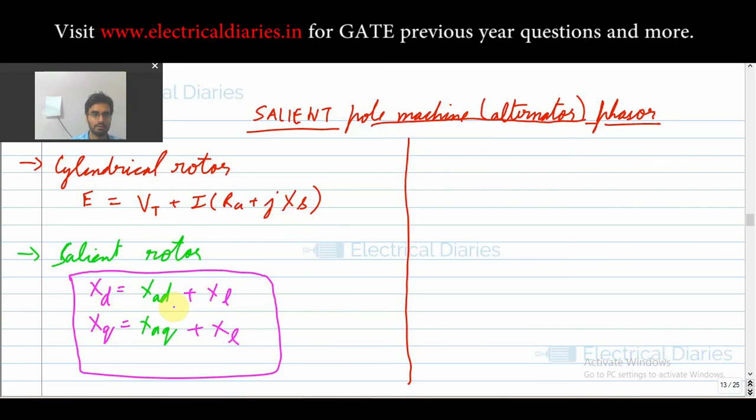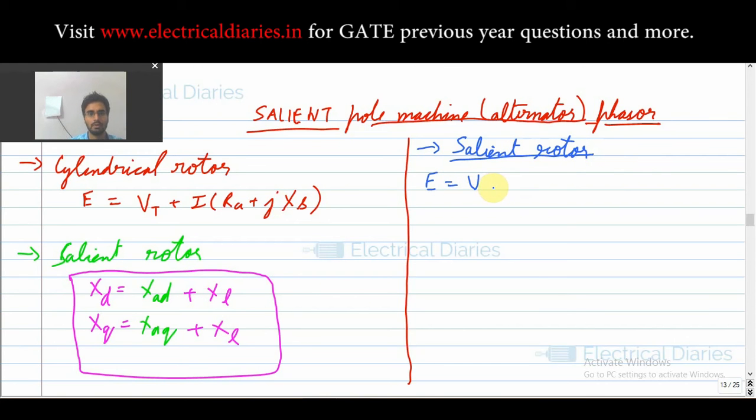Similarly, I have told you that you have to take your reactance in this way. So similarly you can derive, you can foresee one equation similar to this equation, and that will be given by E is equal to Vt, and this is for the salient rotor. Okay, so see, just don't confuse. I am giving you this equation to just keep in your mind a basic analogy. Okay, and I have discussed this XD and XQ to just give you some analogy. Try to make a way to remember these things.